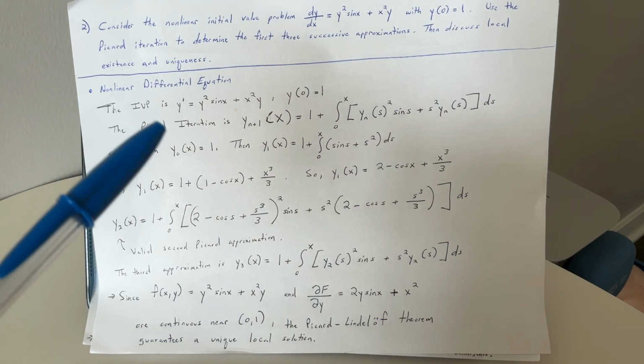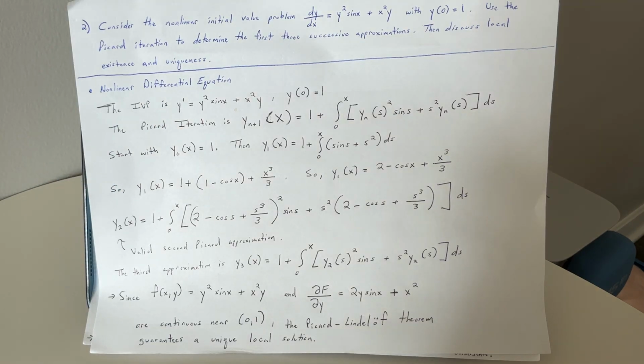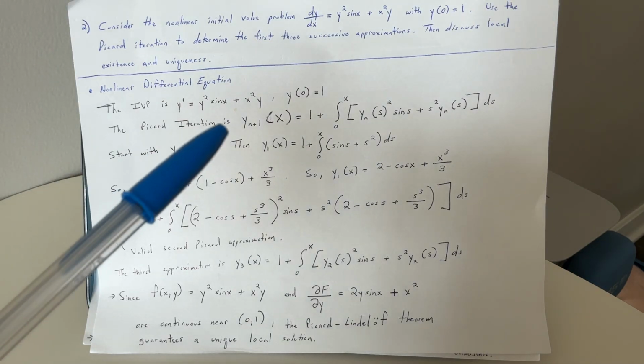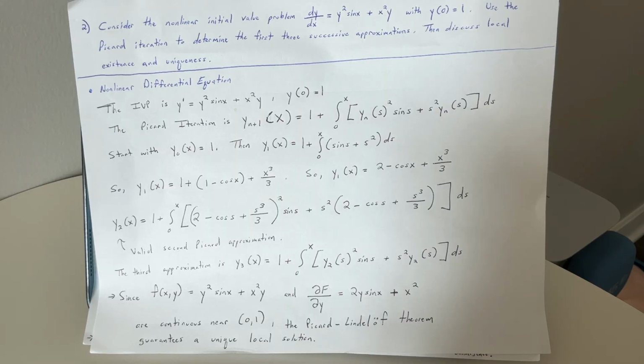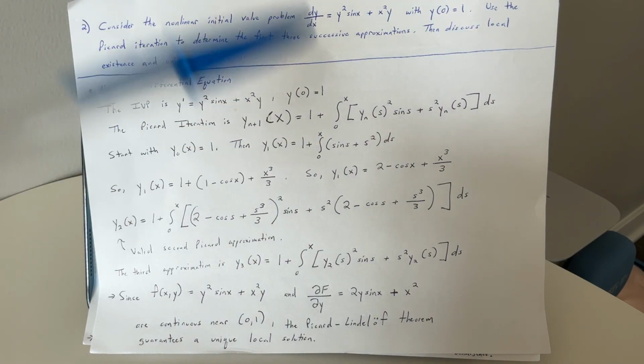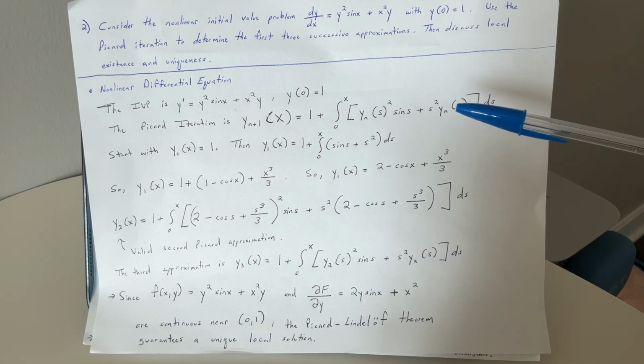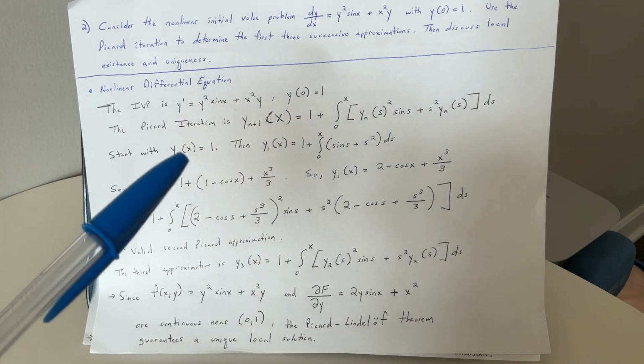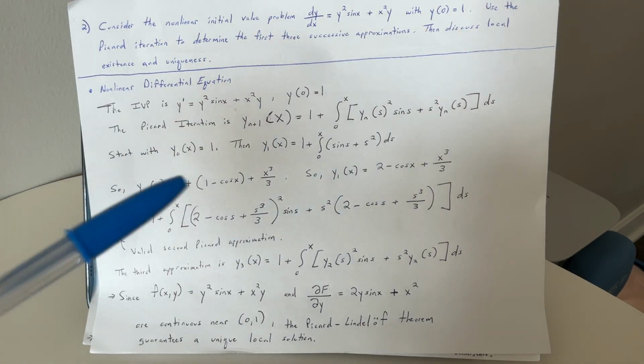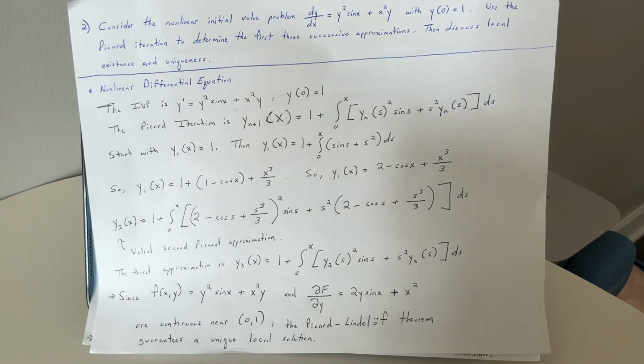So the initial value problem IVP is y prime equals y squared sine x plus x squared y, where y of 0 equals 1. So the Picard iteration is y sub n plus 1 of x equals 1 plus the integral from 0 to x of bracket y sub n of s squared sine s plus s squared y sub n of s close bracket ds. So we're going to begin with y naught of x equals 1. So then y sub 1 of x equals 1 plus the integral from 0 to x, quantity sine s plus